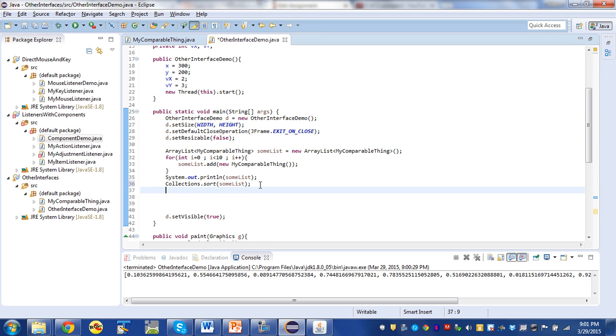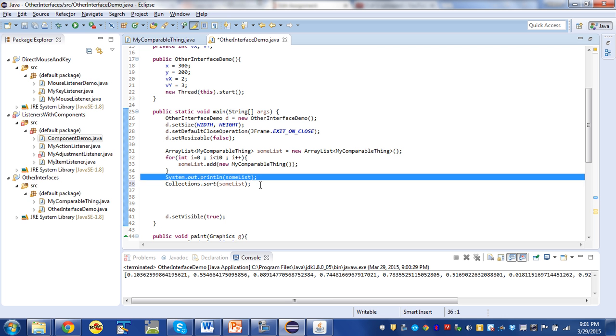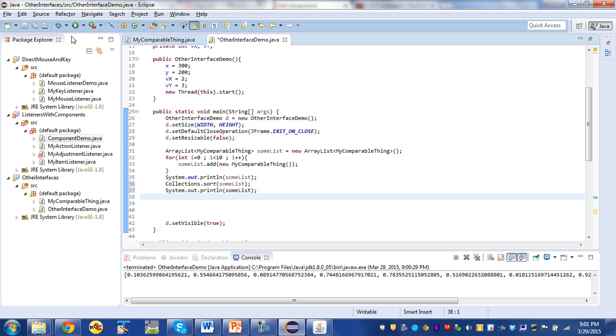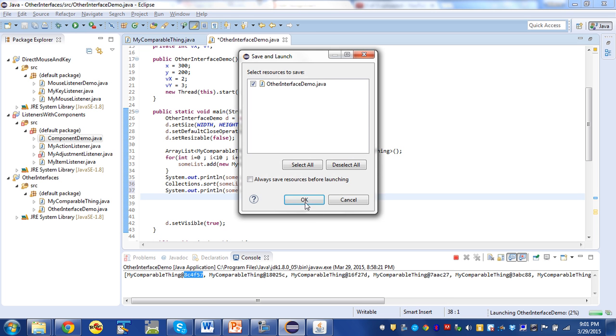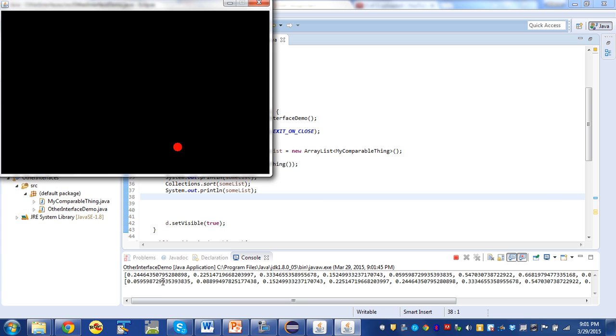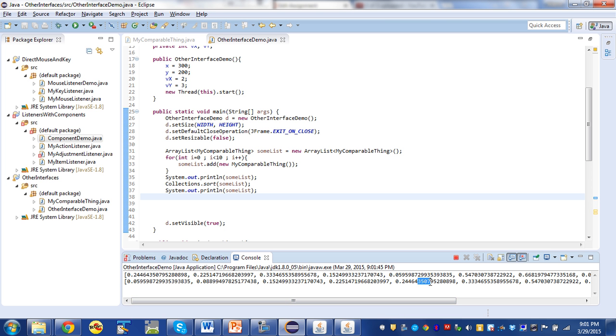And now if we say System.out.println someList, my comparable things are all in order. And if we scroll along here, this 244643, that thing is going to be in there somewhere. There it is. Every item that was printed the first time is still in it, but now